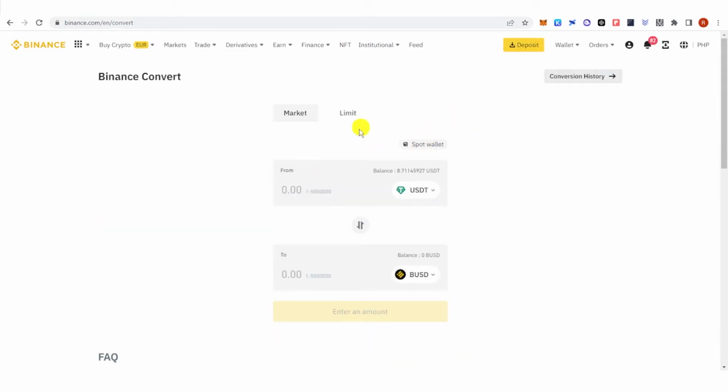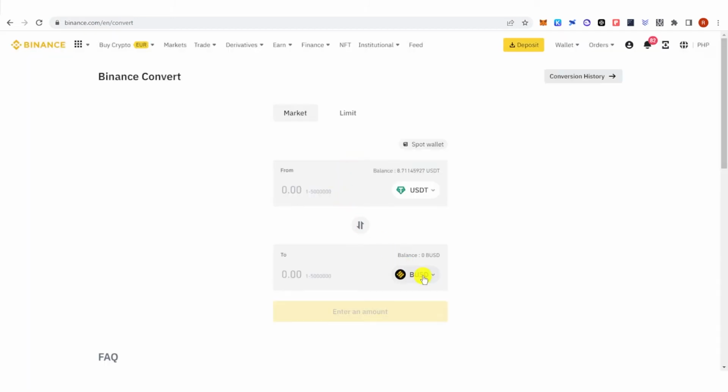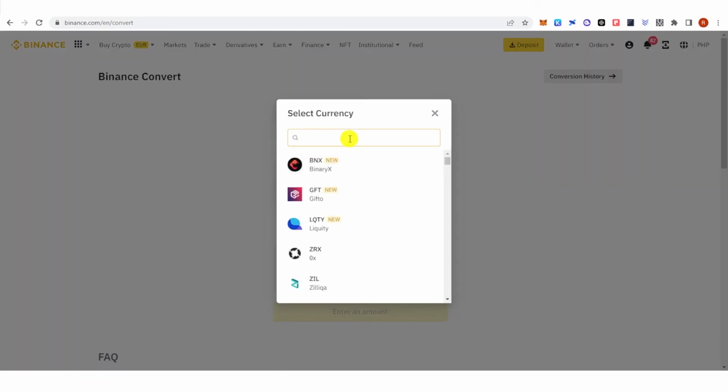Since all of my funds are in my spot wallet, I will not change this, but if you have your funds in the funding wallet, just click this and it will automatically change to the funding wallet. And then now choose what token or currency you're going to use to convert into BTC. So I'm going to use USDT, and then click here, type down BTC,